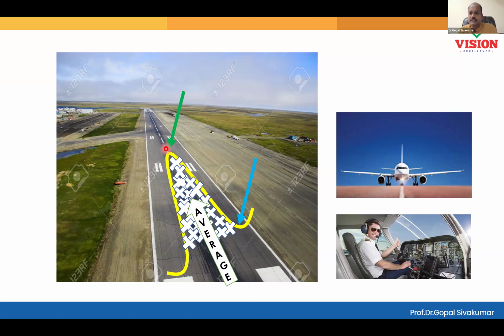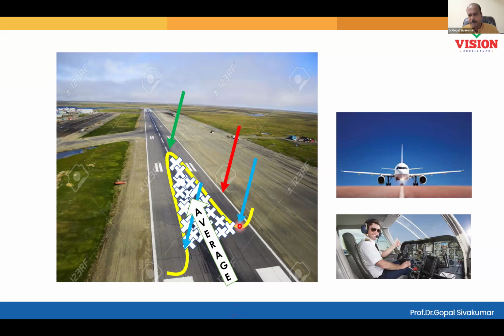And now this is the maximum extreme I can expect the output of my process to fall within. Nothing but your control limit. If the pilot is making the next landing, definitely it will be within this bell curve only. Yes or no? We have collected a sufficient amount of data. And so this is the control limit, the maximum extreme on the right. Similarly, the maximum extreme on the left is the lower control limit.